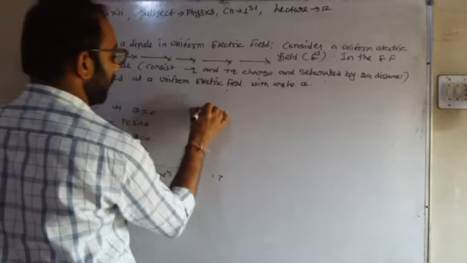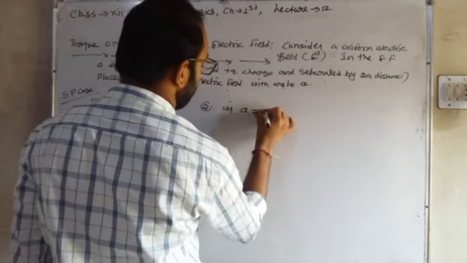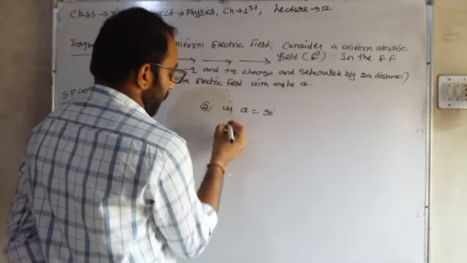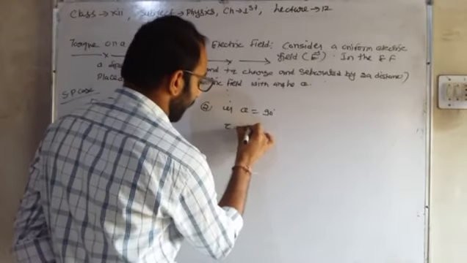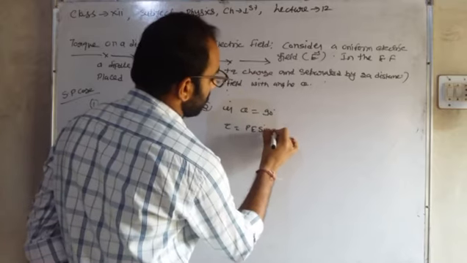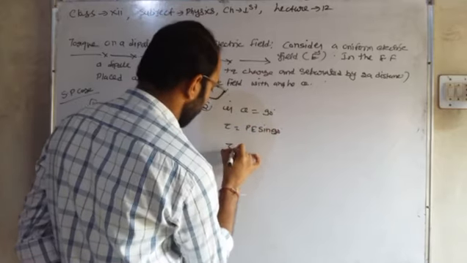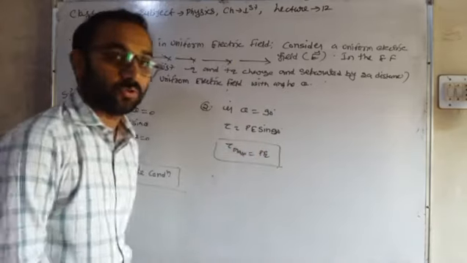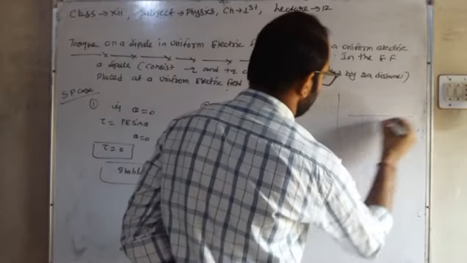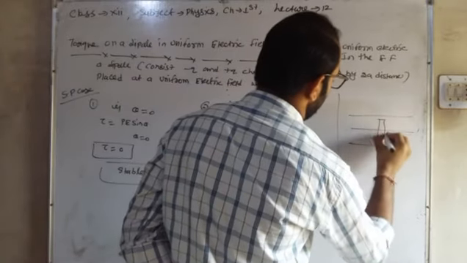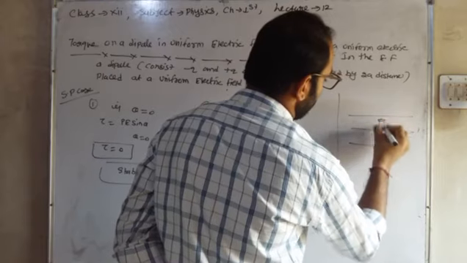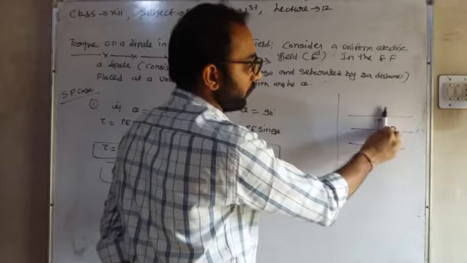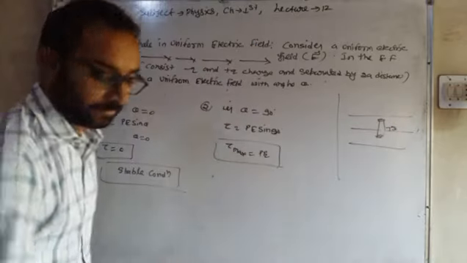Okay, that is the first case. The second case is if the angle is 90 degrees. Torque is equal to pE sin theta, and sin 90 is 1, so the maximum torque is pE. Okay, it is called the maximum torque, because the rotation effect is greatest at this angle. This one is maximum. Okay.